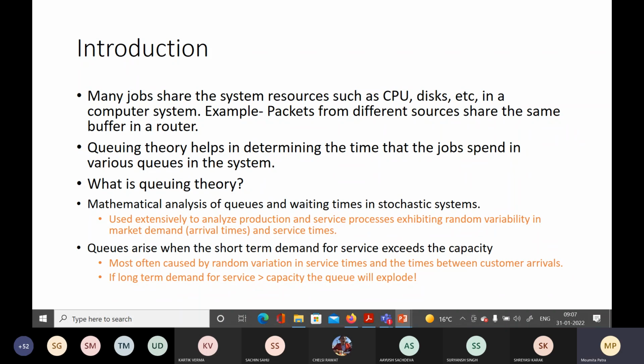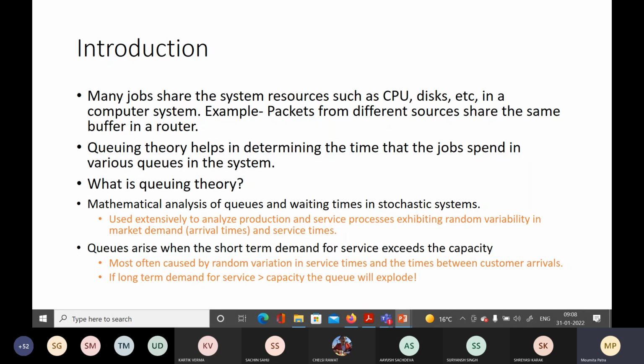It will depend on the person who is giving the food, the speed with which he is giving the food, and how many people are actually standing in the queue. These things will determine the average time a person will take to get the food. So this is how we generally see a queuing system. This is just an overview, a third person view you can call it. Today we are going to take a more internal view of this system.